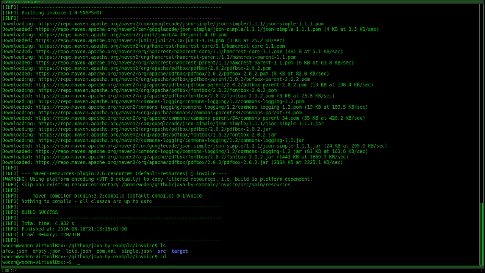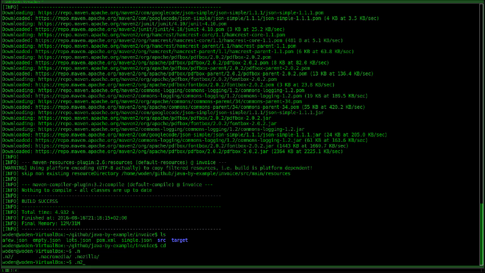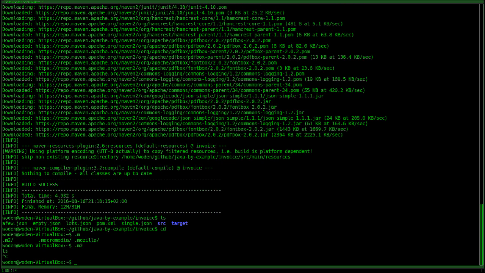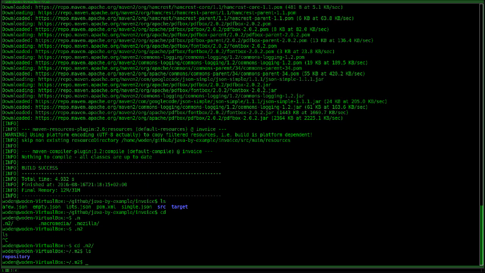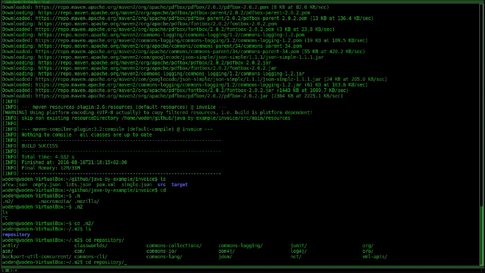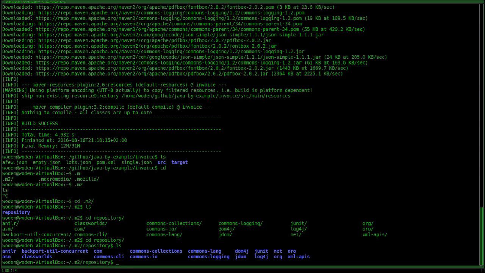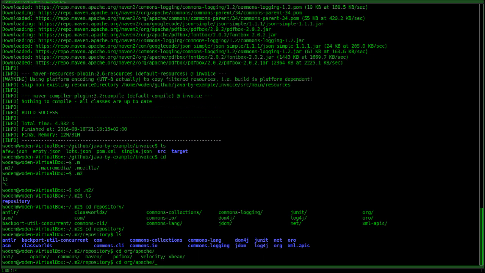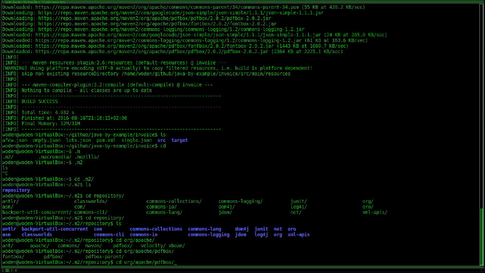And if we go into M2, CD of course, M2, this is the Maven repository. We can see that we have a lot of different files here that will be linked in. Just to show one of them, we could go into org, Apache, and then we see PDF